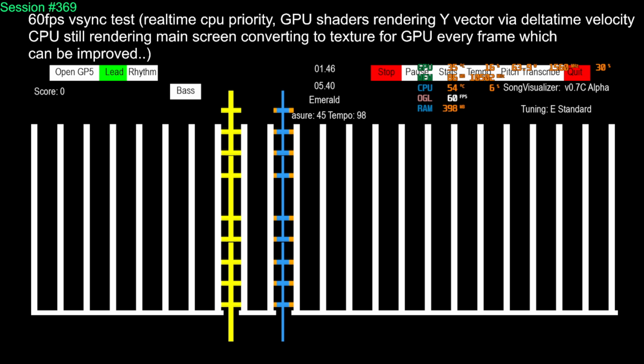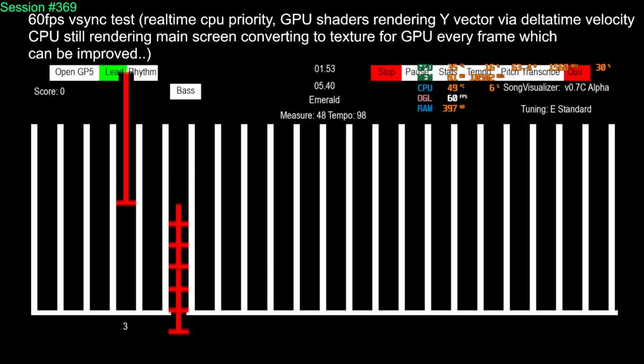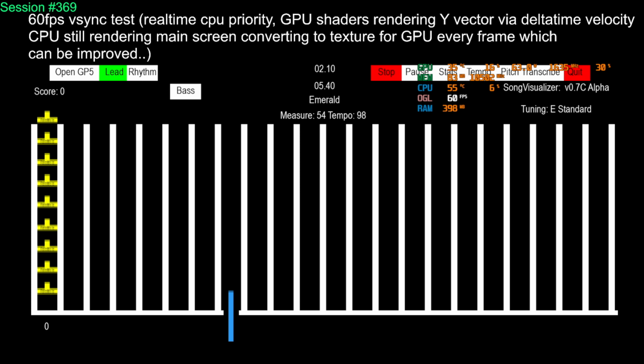So lately I've been learning the OpenGL language, learning shaders, GLSL, and one thing that I learned is that OpenGL is basically a graphics card language that's embedded inside of Python using the ModernGL Python library. This allows me to calculate things on the GPU side rather than the CPU. Things like the delta time, the velocity, rendering the notes, calculating where the notes should move